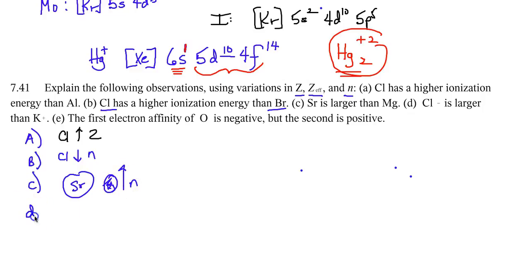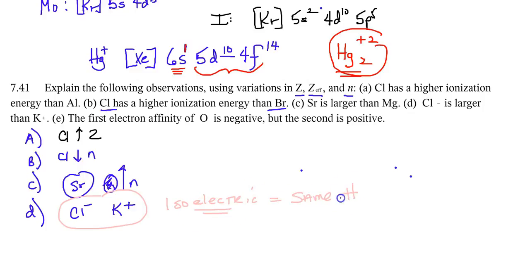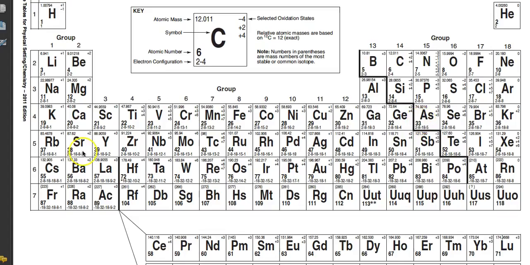Okay, A, B, C, D. Chlorine negative is larger than K plus. Chlorine negative and K plus. This is special. These guys are isoelectronic. What do we know by isoelectronic? Same number of what? Electrons, different number of protons, and who dominates? The Z rule. So let's make sure we understand that. Chlorine negative and K plus. So chlorine negative